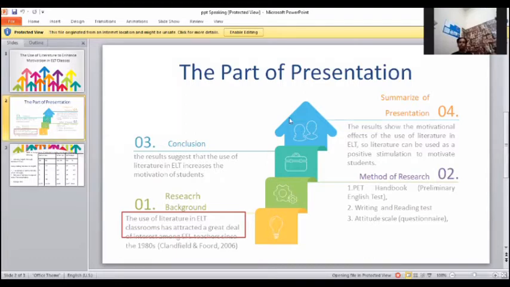The use of literature in the ELT classroom has attracted a great deal of interest among EFL teachers since the 1980s, because language teachers must find new ways to motivate their students during lessons. And because motivation is one of the most important aspects of the learning process, the use of literature in the class is a good way to increase student motivation. The second one,